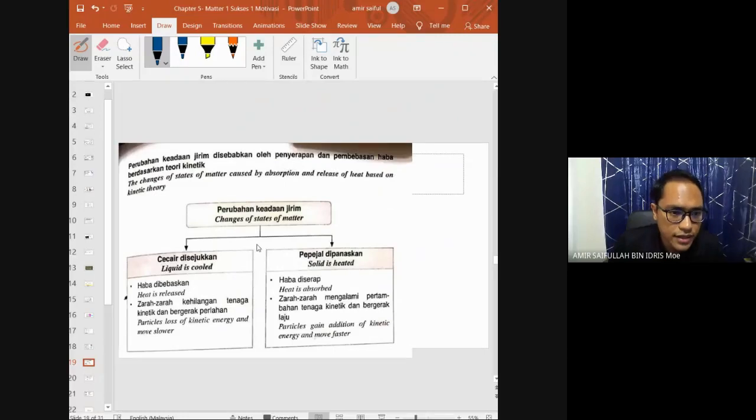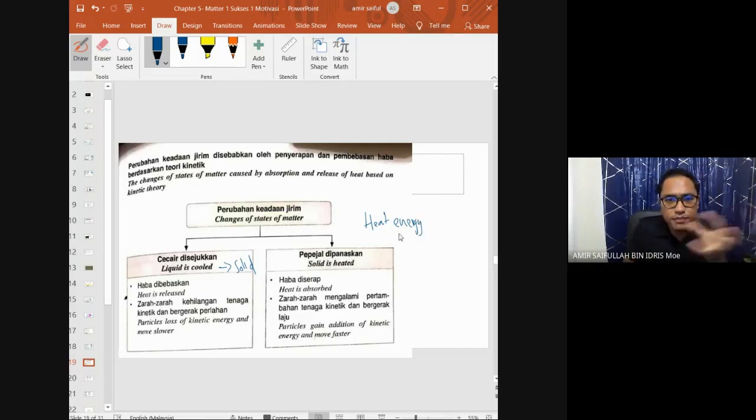Okay, next, this one is simple. So the change of state of matter. So liquid, when it is cold, okay, when liquid is cooled, it becomes solid. It turns into solid. Why does it turn into solid? Because the heat is released. Heat is released, so the particles lose their kinetic energy. So you should know, heat energy,